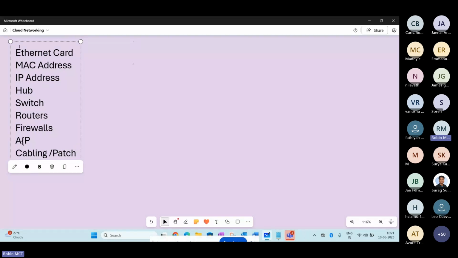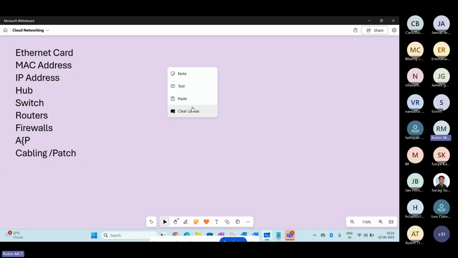Okay, great. So I think we'll go ahead here. I was just saying that when we start working in a cloud scenario, on the on-premises side you may be using different kinds of hardware or physical assets. But when you are moving to the cloud, these physical components are not possible here. All of these physical components have an option available which can be configured in a virtual mode here. So let's try to understand the first component, called vNIC here.